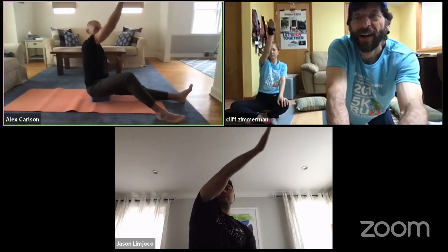Bring that arm up. Good, all the way up. Now, as we reach the top, that's that block. So we have to rotate in and then send that arm back. And as we do that, we continue that rotation motion all the way around